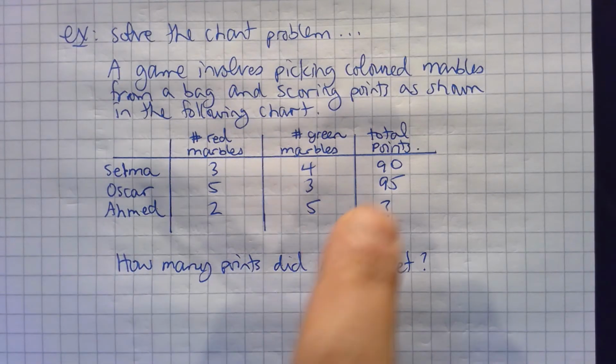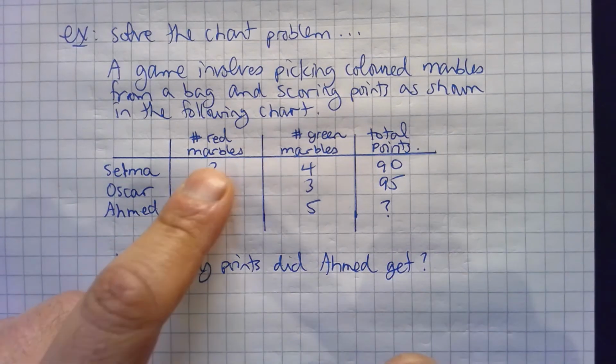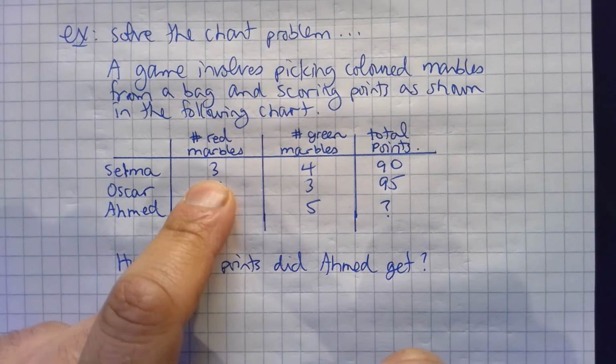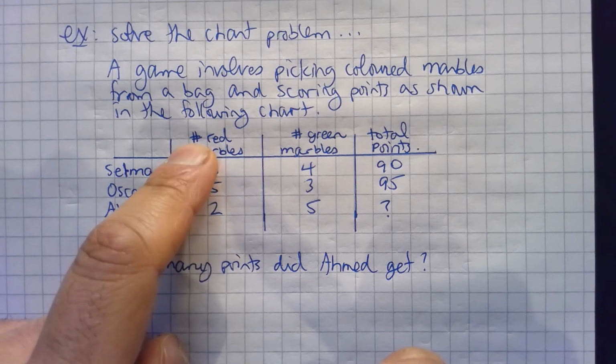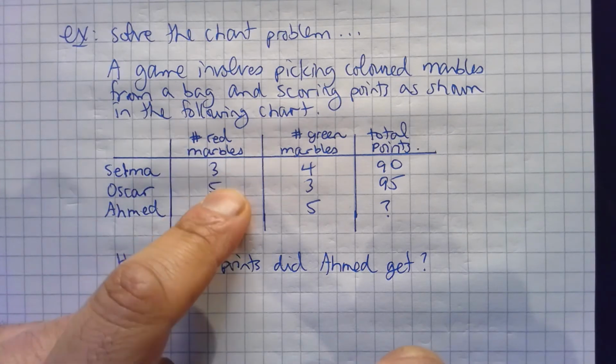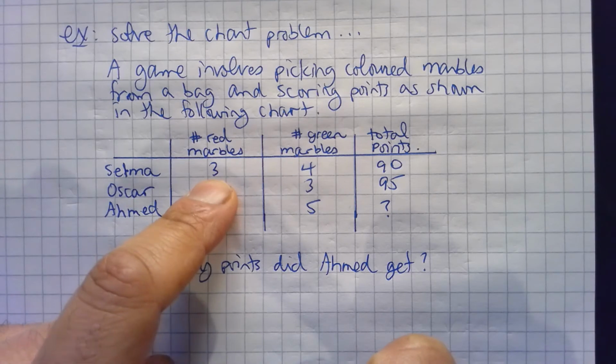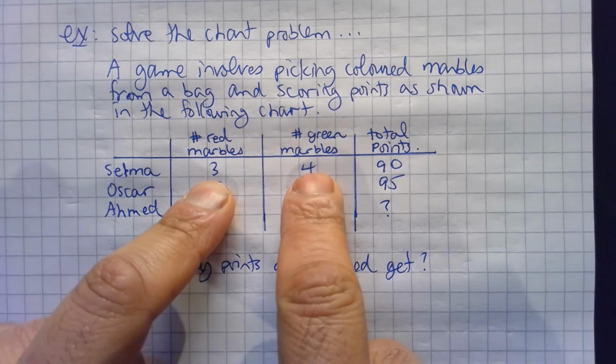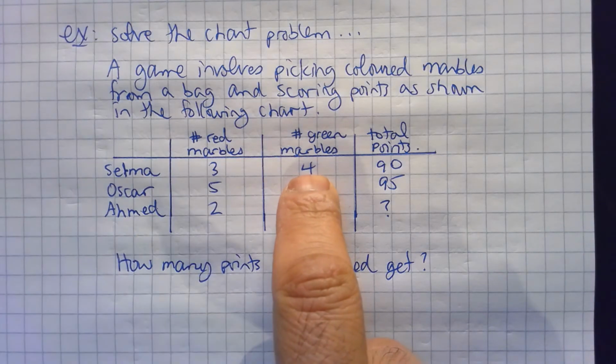What's relevant for this question has something to do with the marbles and points. So it's not the number of marbles, because we know how many marbles there are. That's not a hashtag, by the way. That's number of. So we know how many marbles each person has. We know their total points. What we don't know is the number of points for each of the marbles. So my variables here,